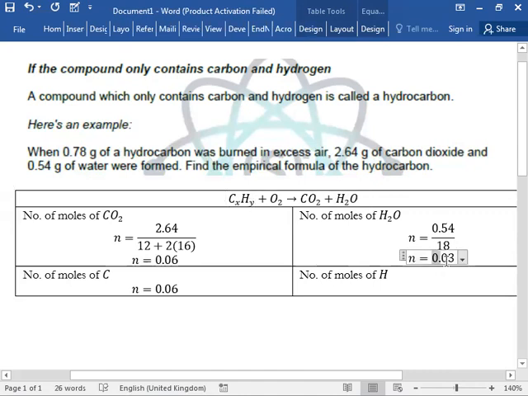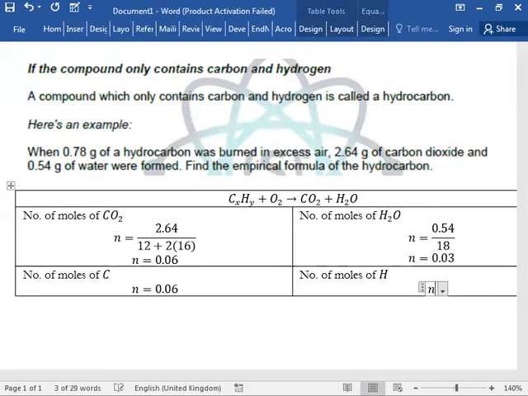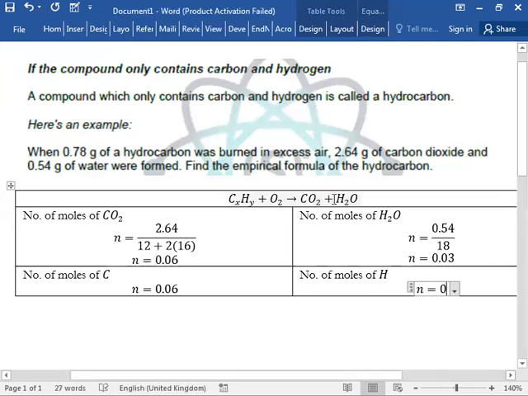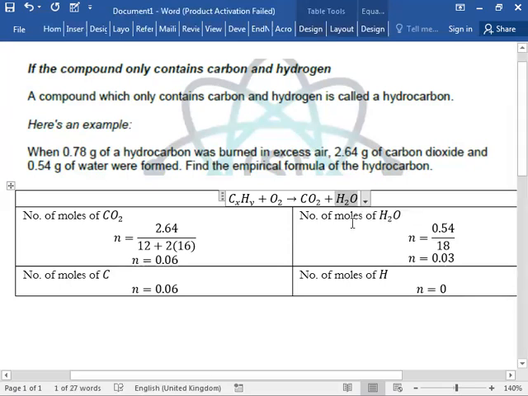So if I have 0.03 moles of water formed, how many moles of hydrogen atoms would be there? I repeat, if 1 mole of water were formed, let me give an example. If I take a dozen of water molecules and give them to you, now every molecule of water has 2 hydrogen atoms, right? If I ask you to count the number of hydrogen you have,